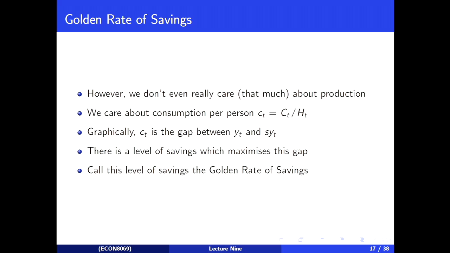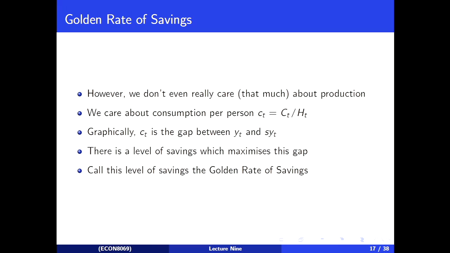And so we need, in addition to these savings graphs, we also need the output graph. Right, so this is just output per person. And we can think about how much consumption is. Consumption is going to be our gap. Consumption per person is going to be the gap between output per person and savings per person. So it's going to be this gap here between output and savings per person. So this distance here, this is the consumption associated with the lower level of savings, right? We have relatively low output, but we consume a huge portion of it.